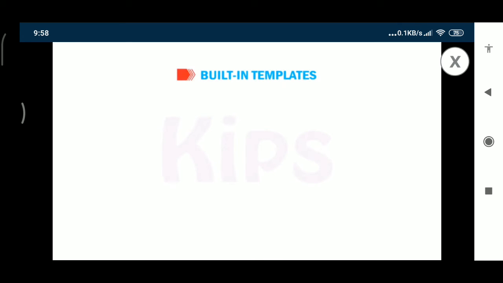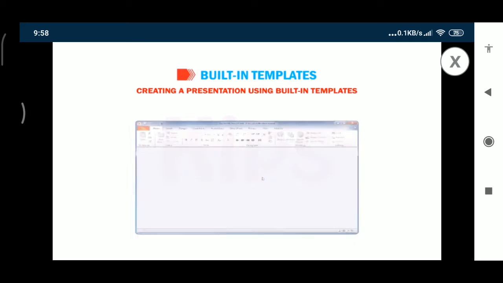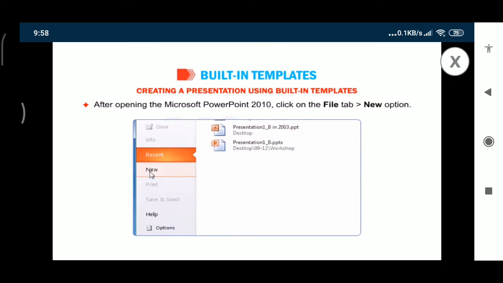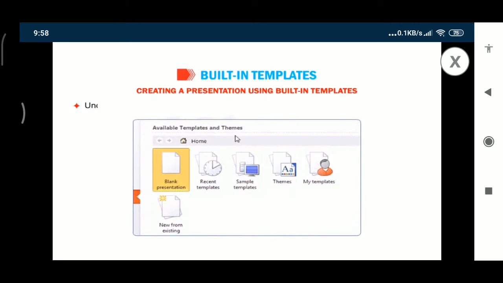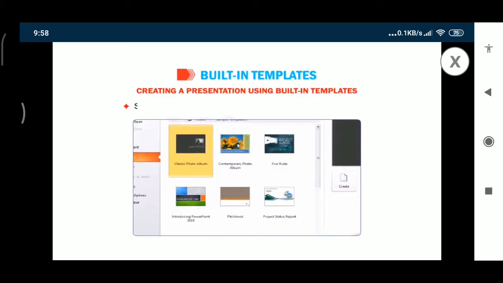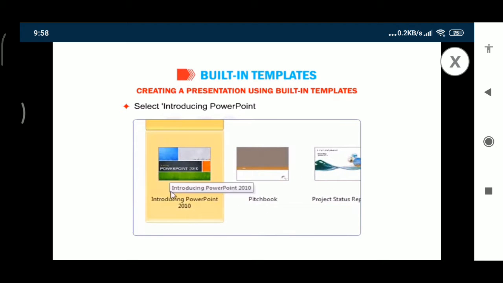Now let's learn how to create a presentation using built-in templates. After opening Microsoft PowerPoint 2010, click on the File tab, then go to the New option. Under the Available Templates and Themes section, select Sample Templates. Select Introducing PowerPoint 2010 from the displayed list.